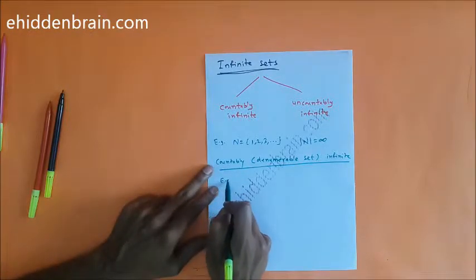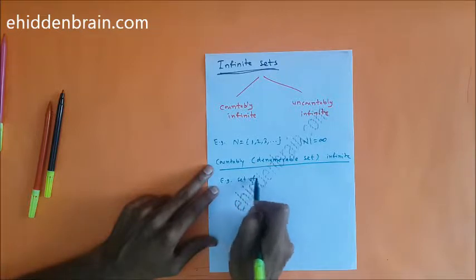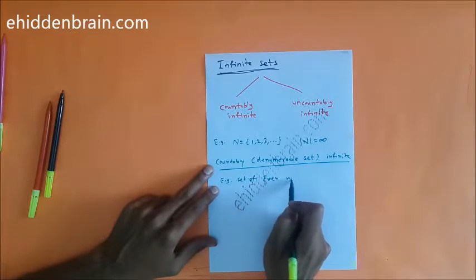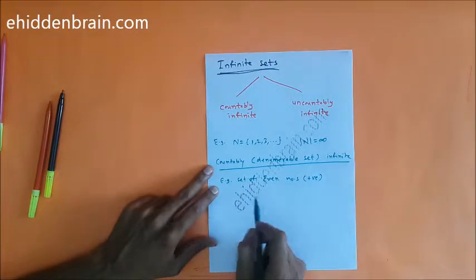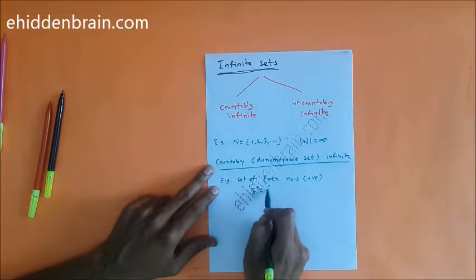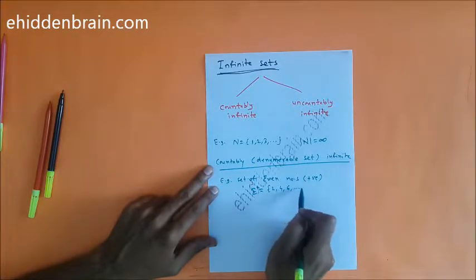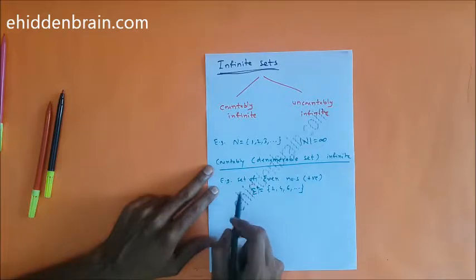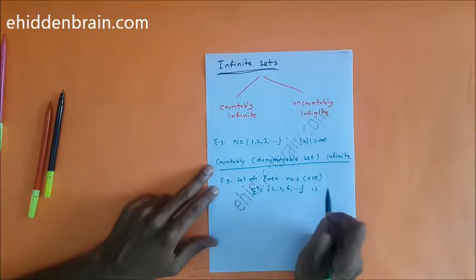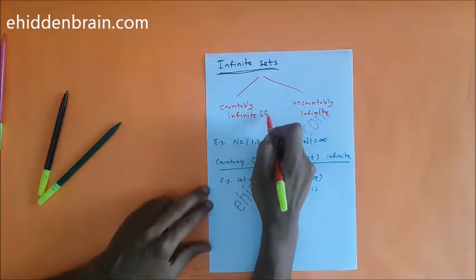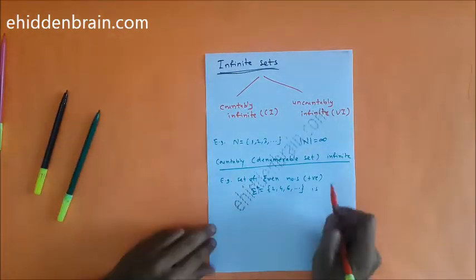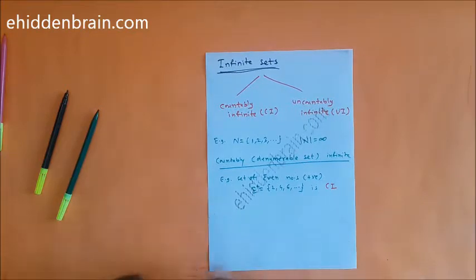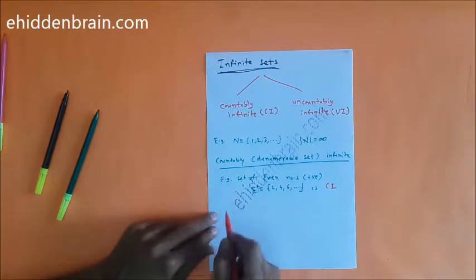For example, let's say set of even numbers, or let's say positive even numbers, right? So set of positive even numbers denoted as E plus, which is 2, 4, 6 up to infinity, is countably infinite, right? So it is countably infinite. I will denote this countably infinite for time being as CI, and uncountably infinite as UI. Why is it countably infinite? Because we can have a bijection